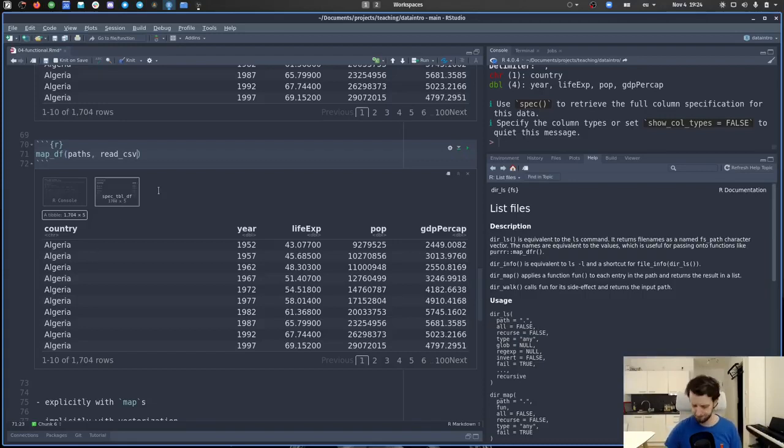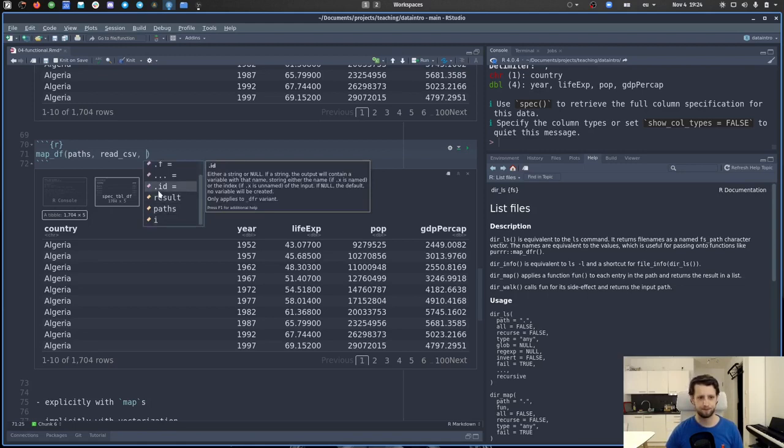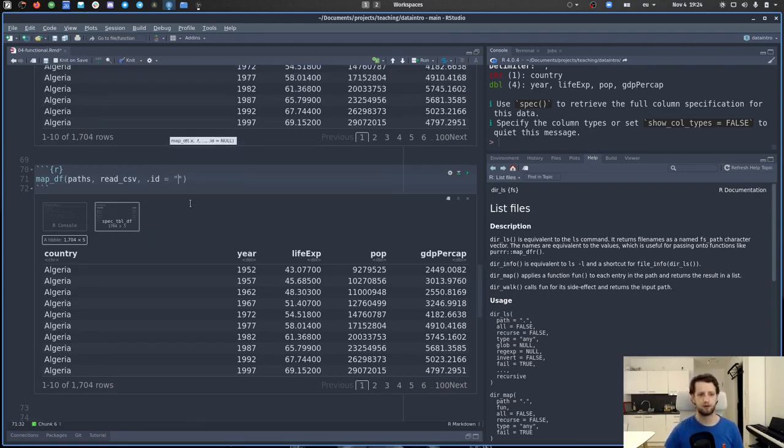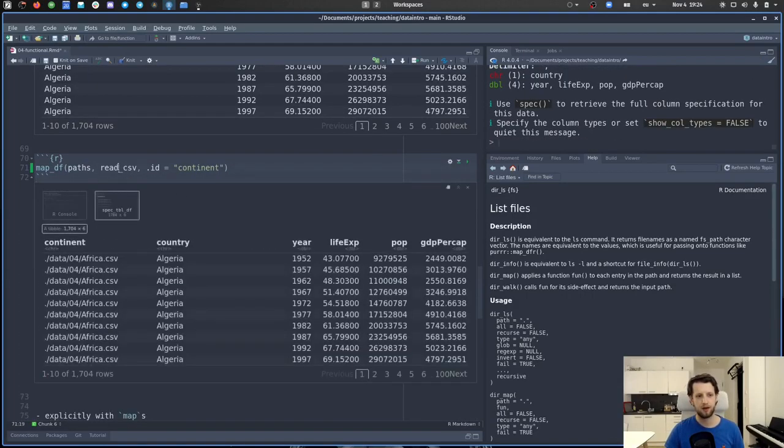So let's add this back in. There's the .id argument to the map_df function, and this wants a name for the column to create. Let's call it continent. And this column will come from the names